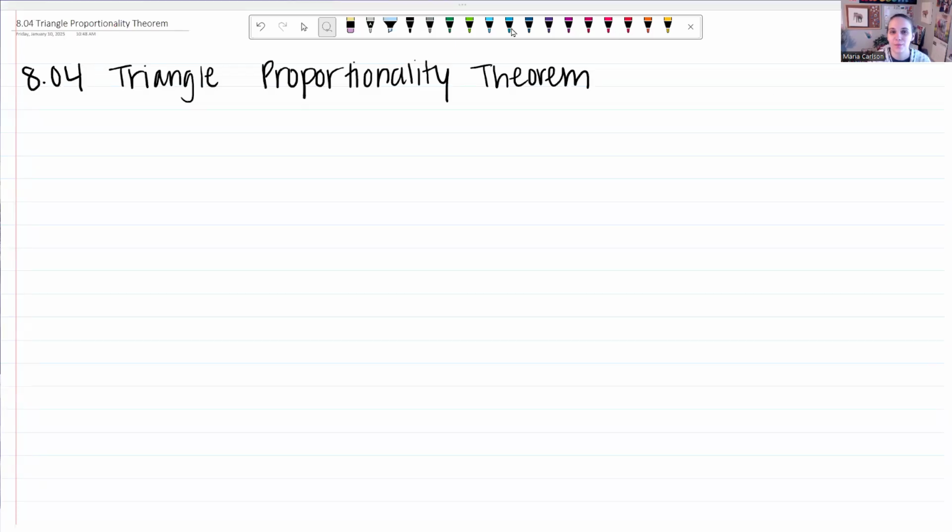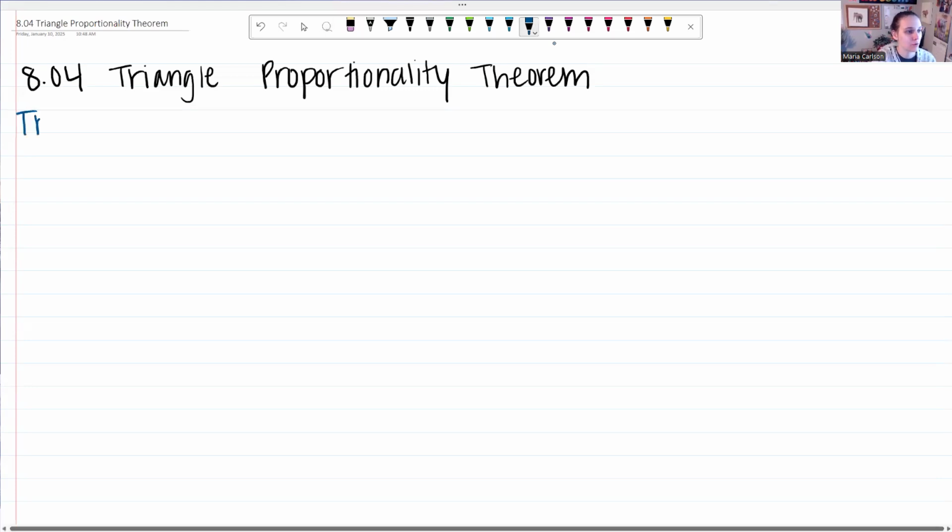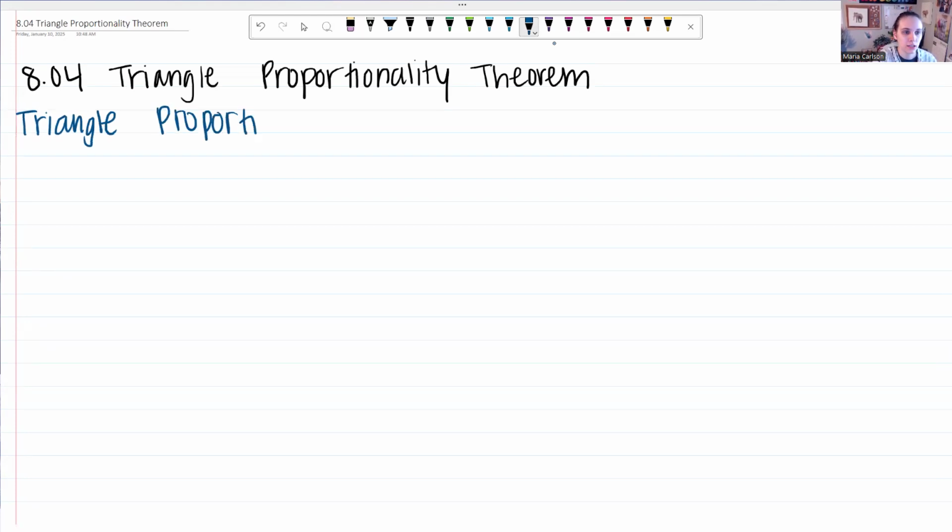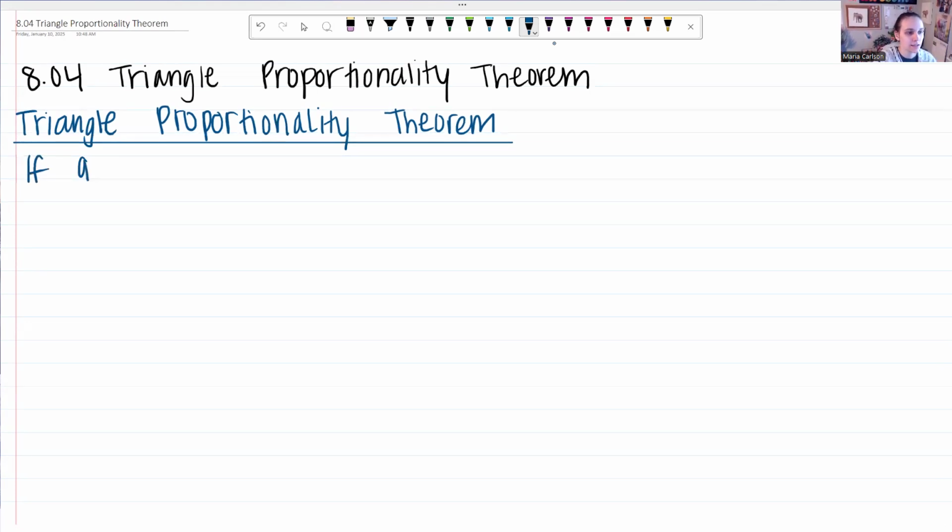Hi everybody, in this video I'm going to go through our lesson on the triangle proportionality theorem, and first we are going to write out what that actually is. Triangle proportionality theorem. So this triangle proportionality theorem states